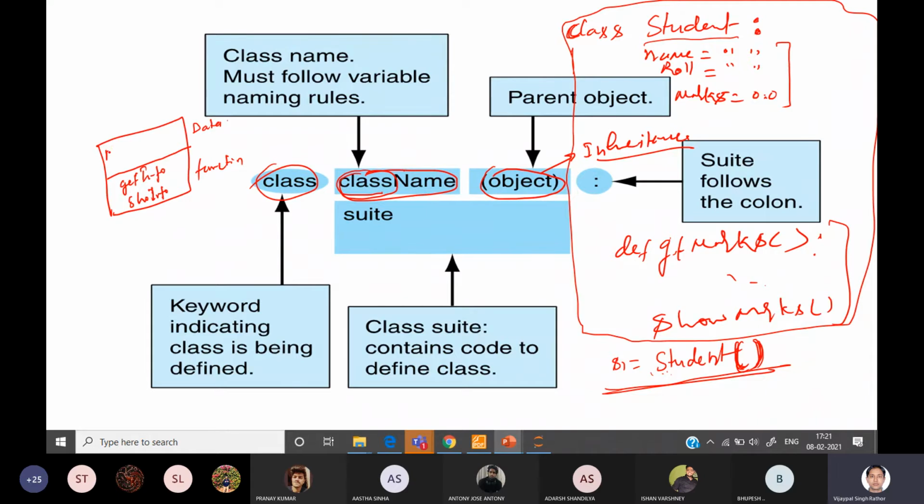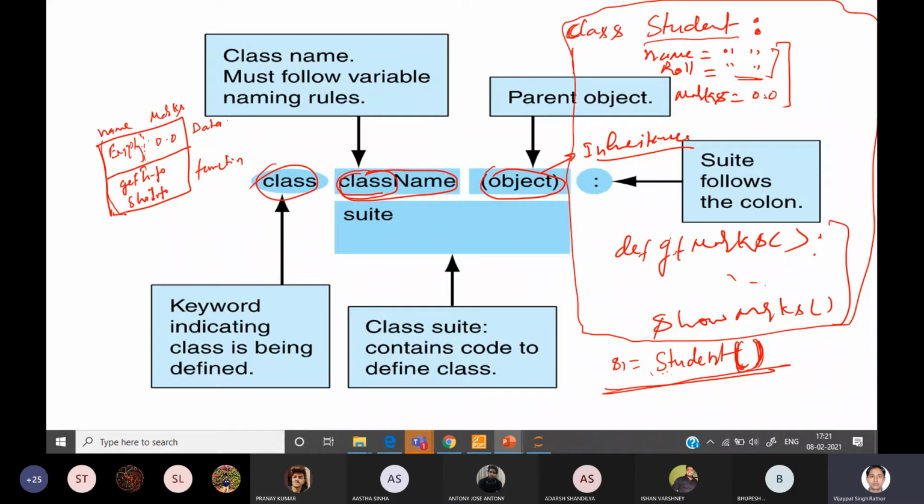So these are the data members, name and roll number. So what is the value of this name or roll number when this memory will be created? So I'm creating fields in this block: one for name, another one for roll, another one for marks. In the name field, whatever initial value we have provided while creating the class will be stored. So here an empty string is stored. Here you can see marks we have stored 0.0.